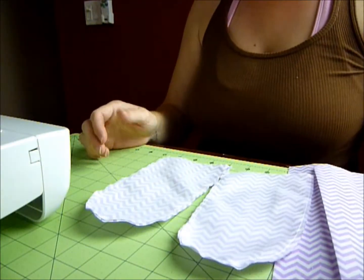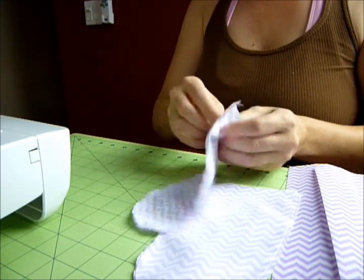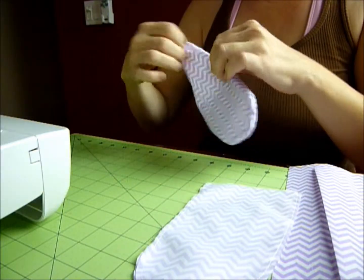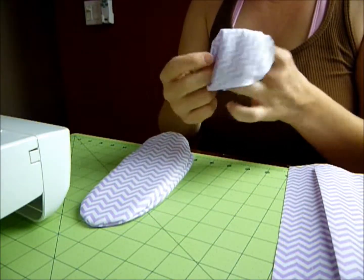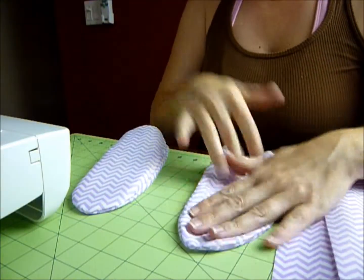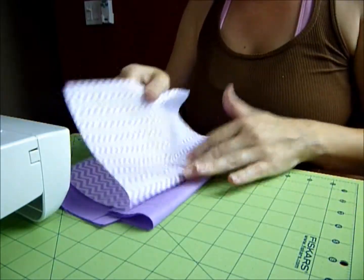Okay, so I have sewed my ears together, and you don't have to do like a super perfect job around the edges. And then what you do, you just flip them over. Okay, and then once you flip them over, I like to iron them flat. So I'm going to iron those flat, and then after I do that, I'm going to take my